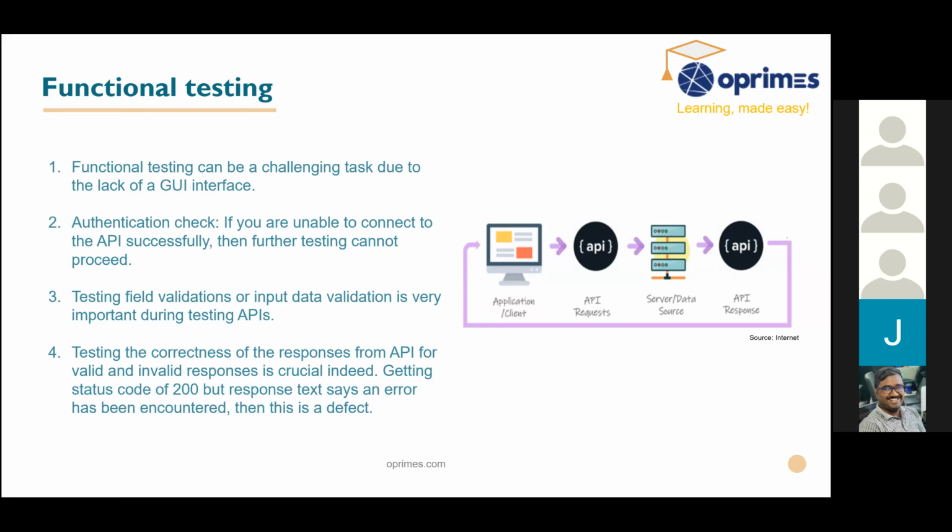Okay, so if you see my 4th point, just getting a 200 status code as a response header, but getting an error message in the response body is not correct API functionality. So what you are expecting is you should get 200 as a status code, and also a successful message, or the successful data. If you're getting a contradiction between the status code and the message or the response body you are getting, then it's a bug. It's a simple example for functionality testing.